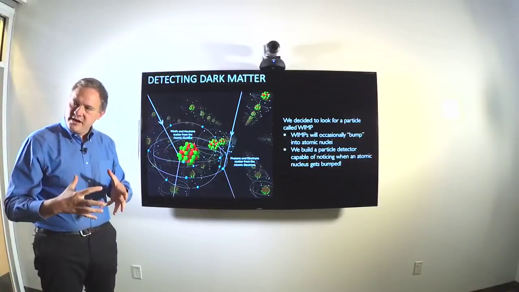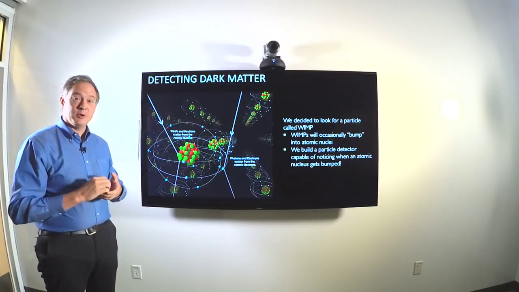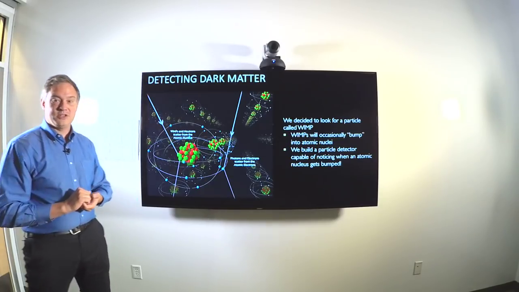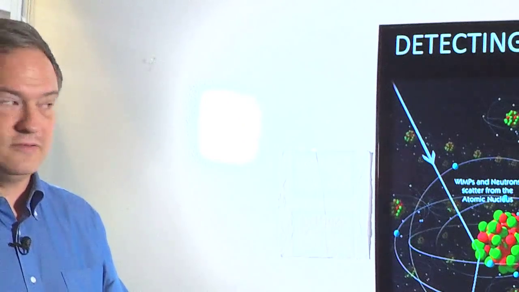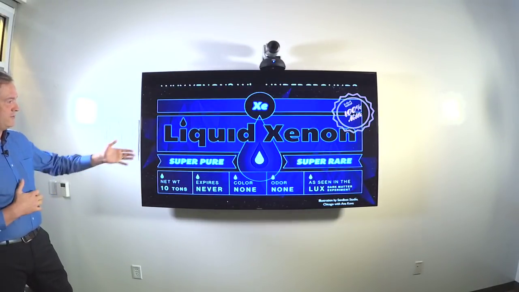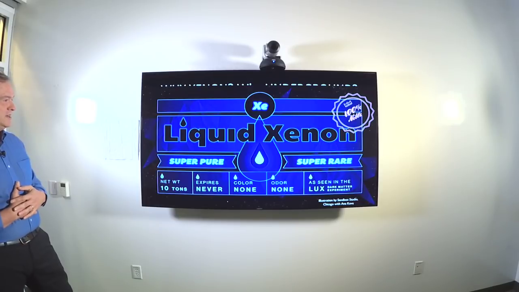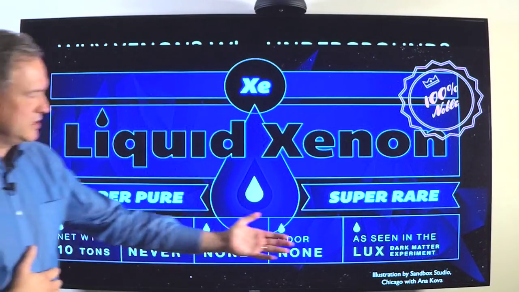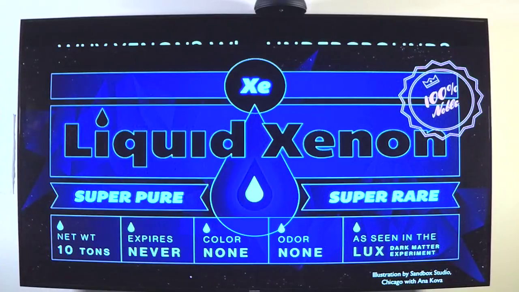And so we build very, very sensitive detectors that go deep underground to get away from radioactivity and are inside lots of layers of shielding to keep a very quiet environment for looking for these interactions. So one of our favorite materials for this is liquid xenon. Liquid xenon is the heaviest of the stable noble gases, and in the LZ experiment I'll tell you about, we'll have about 10 tons of liquid xenon in it. And also, we've been using it in the LUX dark matter experiment.